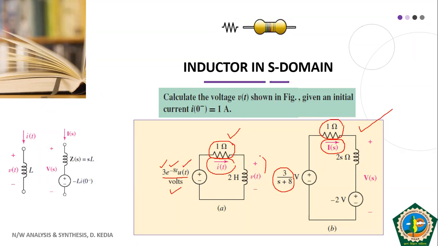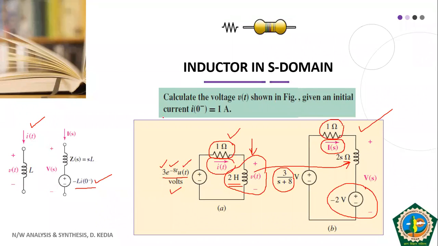Now we are left with the inductor. So how do we represent the inductor? See, the current is going downward. So same is the case here. So we have to represent this inductor equivalently. The value of L is 2. We will represent the inductor with Ls, that is 2s. So this is 2s. And in series we have to represent a voltage source having value minus of Li0. L we already know.